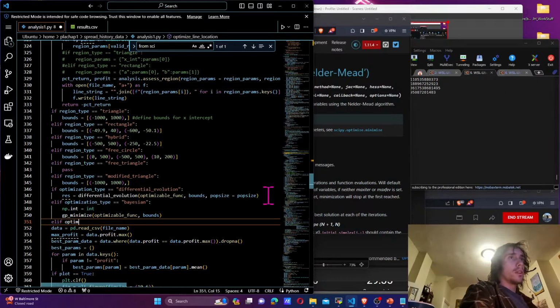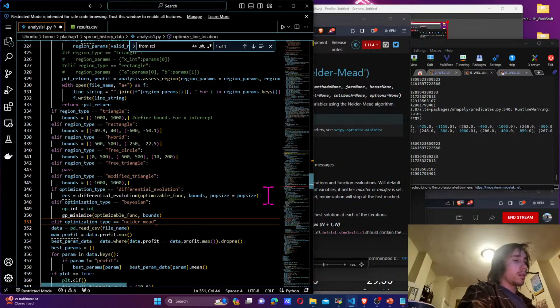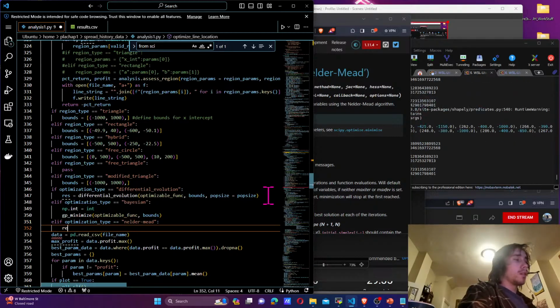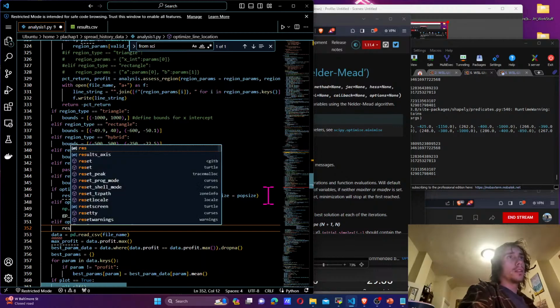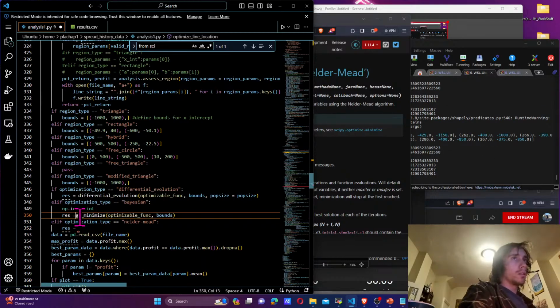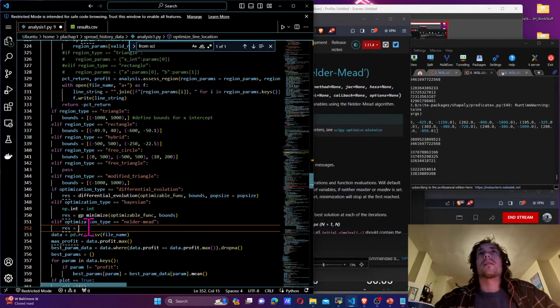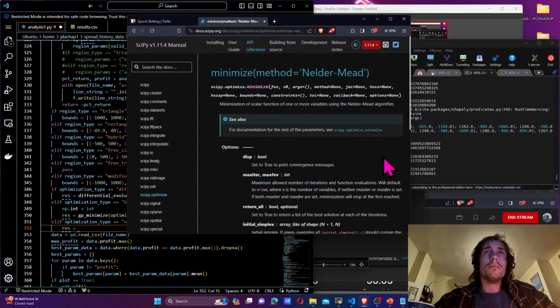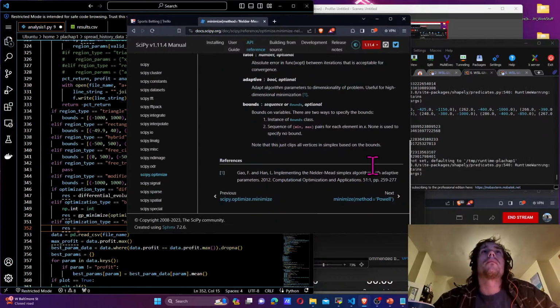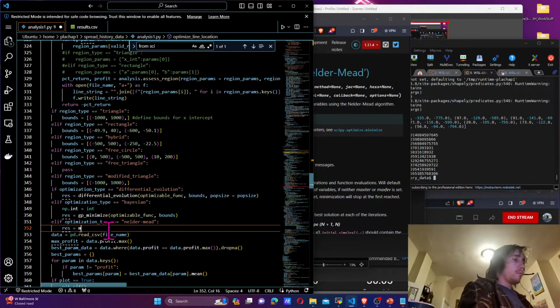Otherwise if optimization type is equal to Nelder-Mead, then we're going to say res is equal to, just going to do that there for consistency, although we never call res. Res is equal to minimize